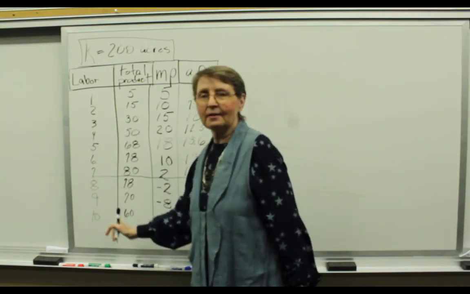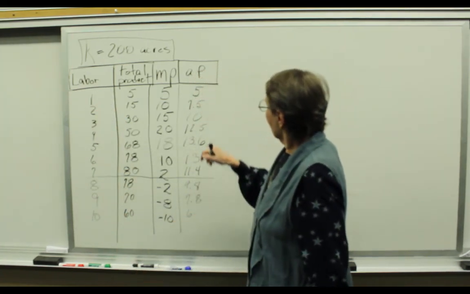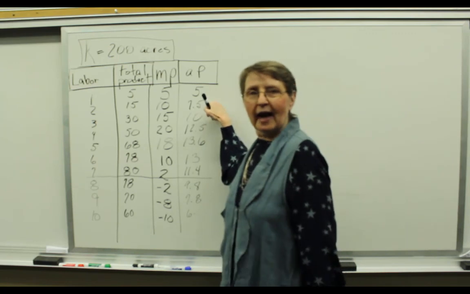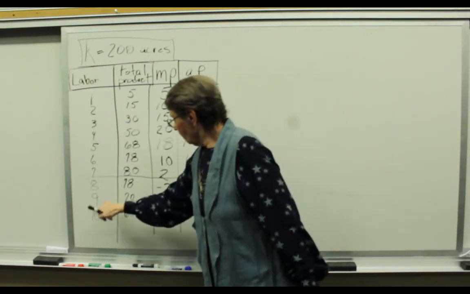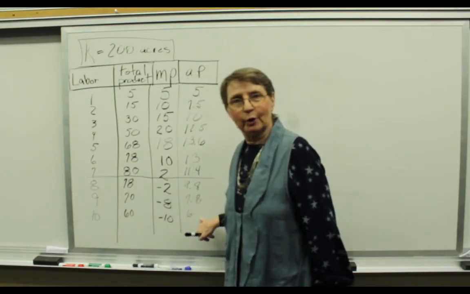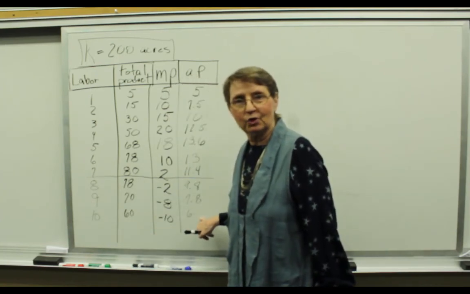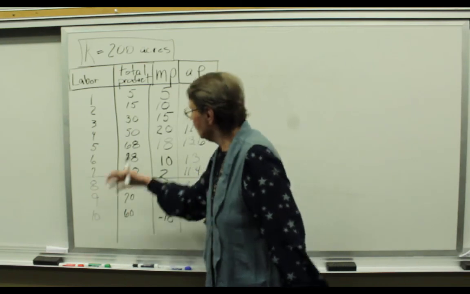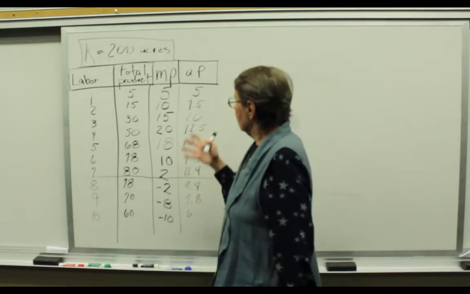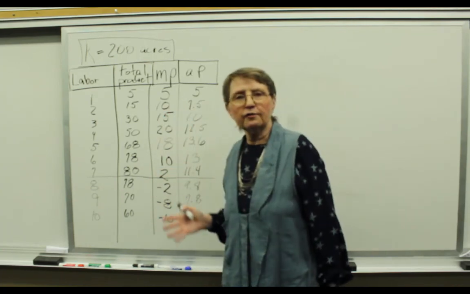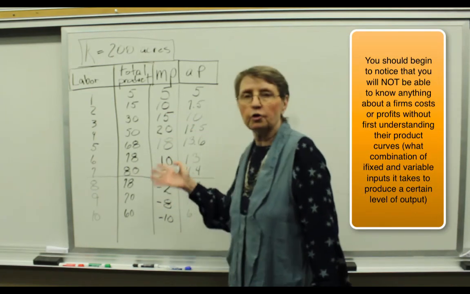And if I have to pay these guys, if I can get 7.5 bales when I hire 2 workers, why would I hire 10 workers when on average I only get 6 bales from each of them? So right away, if you start thinking about the profit motive, it's going to be instructive about where a producer